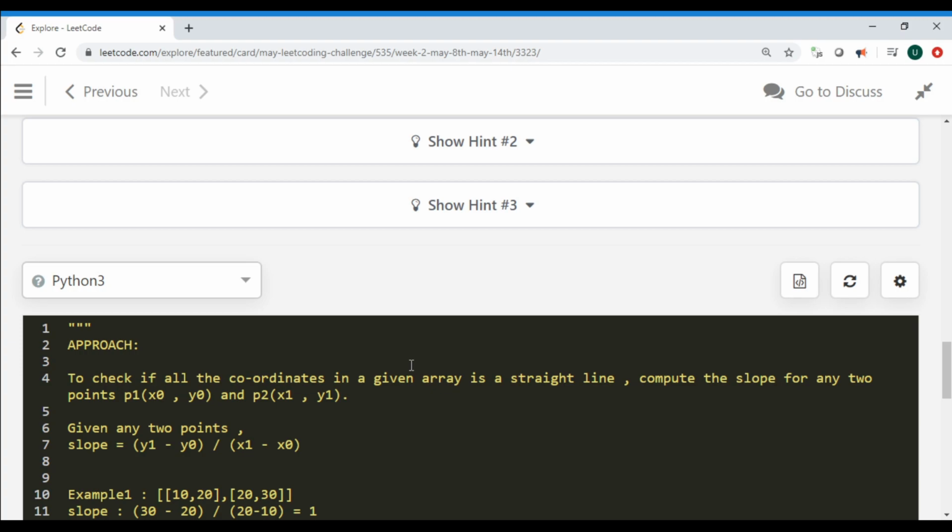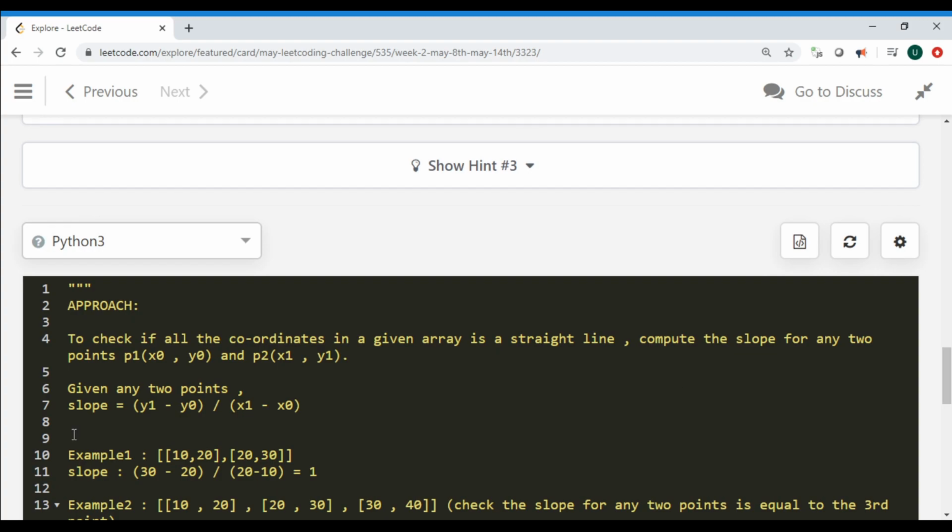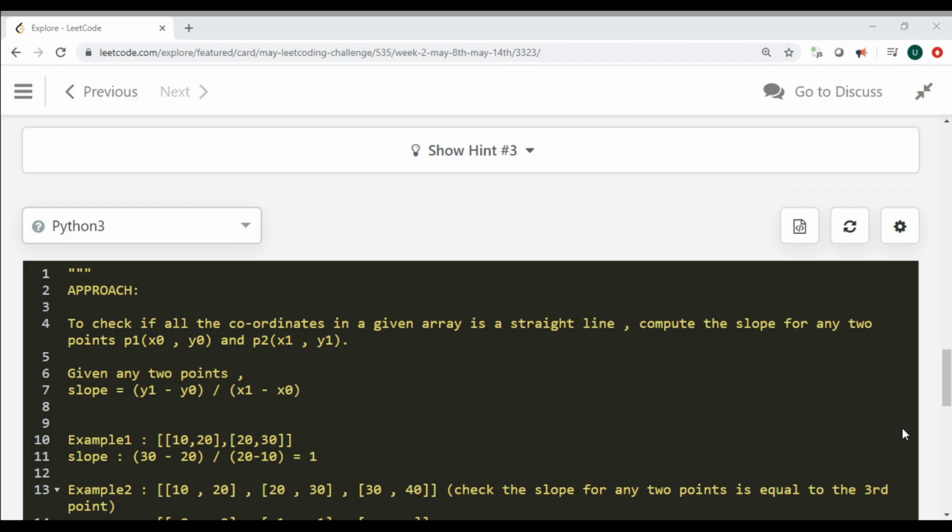If you remember your coordinate geometry classes, given any 2 points on the line, its slope can be found. So whenever the slope is different for any 2 points from the input, then you can clearly say that these points do not form a straight line.